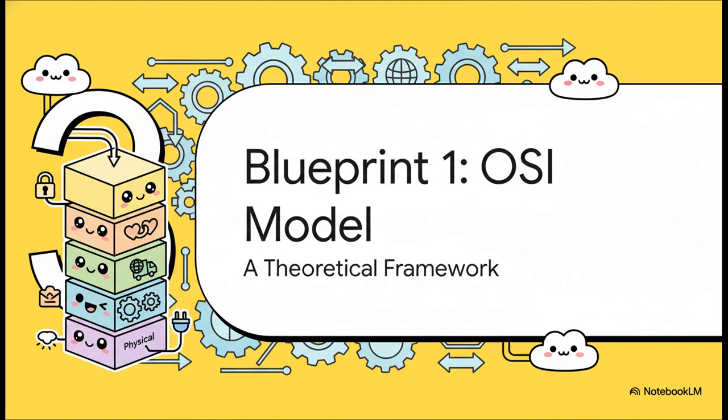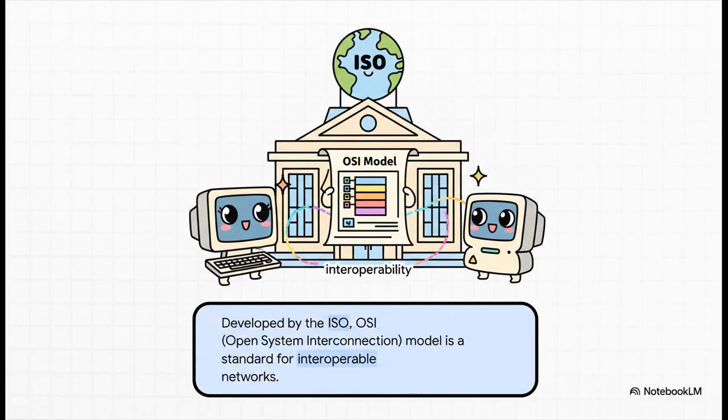Okay, so we know why we use layering, but how is it actually put into practice? I mean, for everyone's layers to work together, you need some kind of standardized blueprint, right? Well, the first big attempt at creating one was called the OSI model. The OSI model, that stands for Open System Interconnection, was developed by the International Organization for Standardization, or ISO. And the goal here was huge: create one universal standard for all networks everywhere. The key word they were chasing was interoperability, making absolutely sure that any system, whether it's Windows, Linux, or anything else, could talk to each other without a problem.